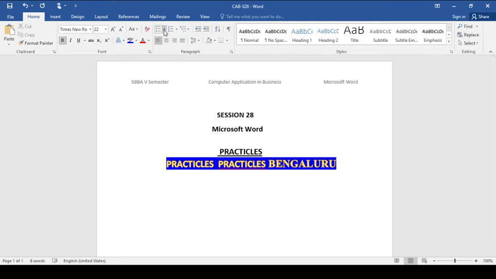Next, whatever information we have, to present it in a very meaningful manner, we usually give bullets, numbers, alphabets, so that when you see it point-wise, we can read or study the document. For that we have to select, then go to this bullet library. There we can select whichever bullet we want. For example, if I select this,